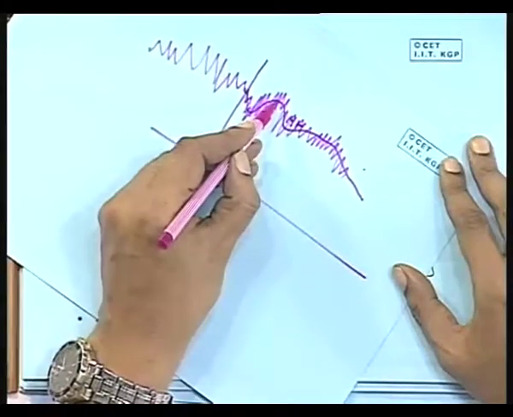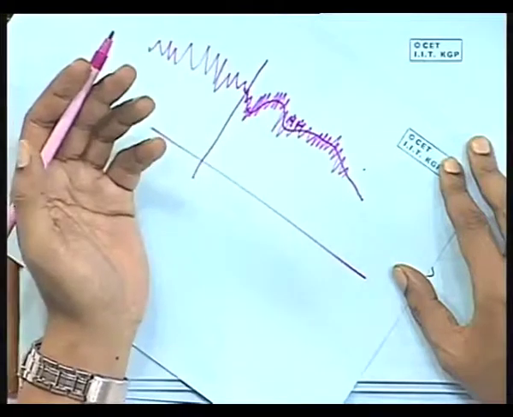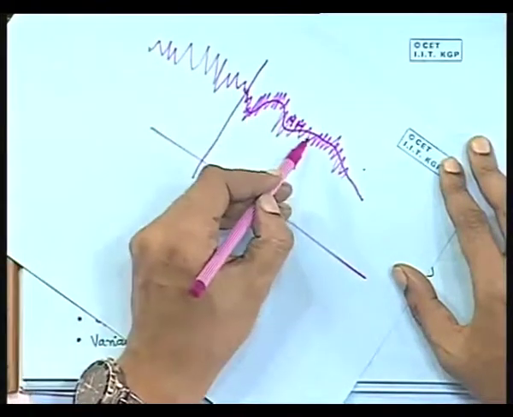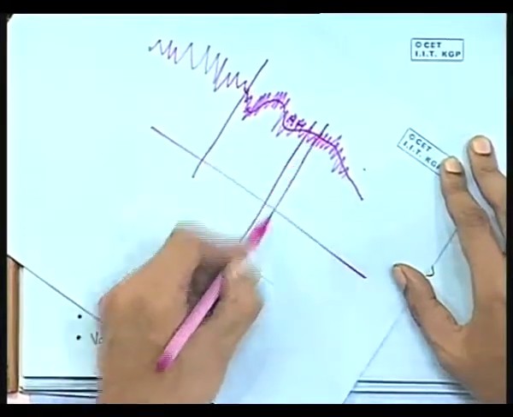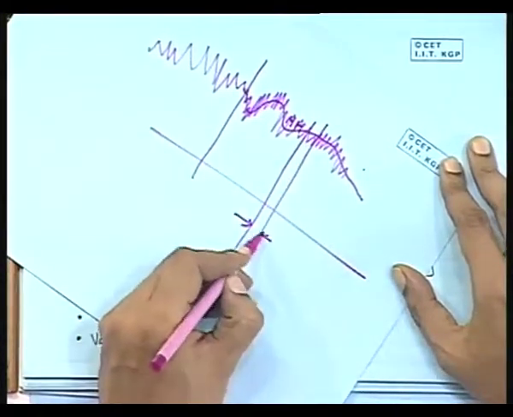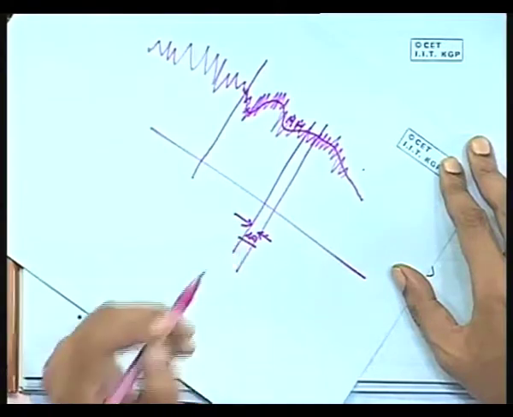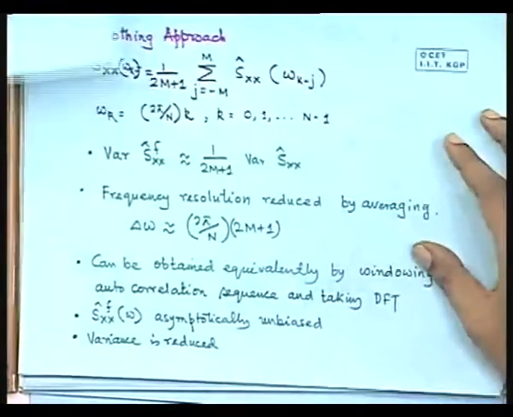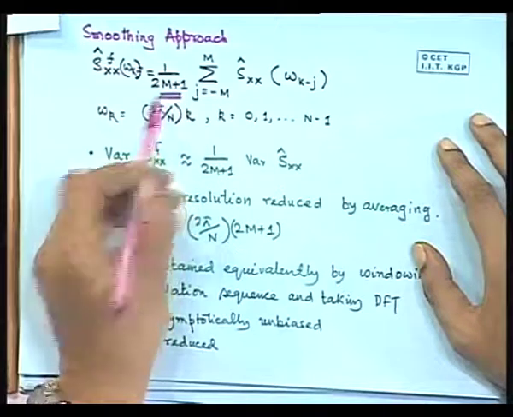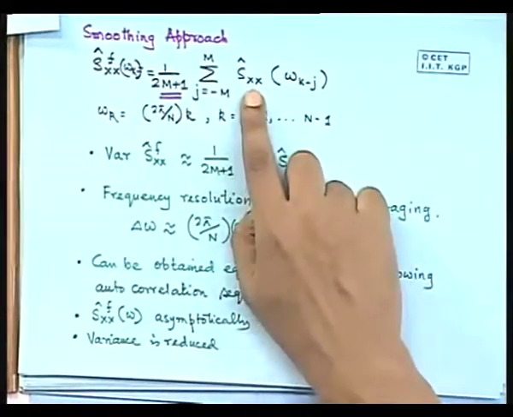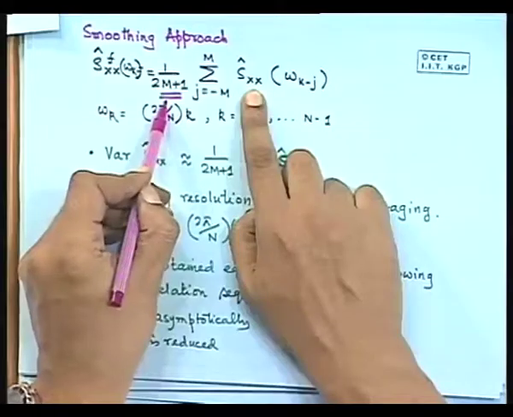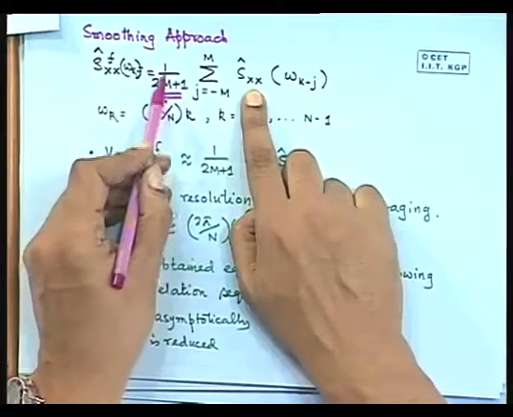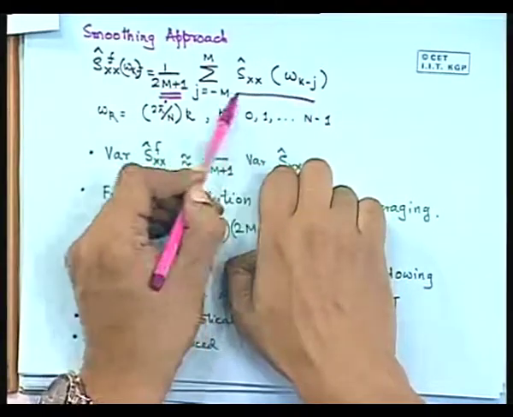So the variance will decrease. But what will happen is that your frequency resolution, now what you are doing is you are taking all samples of periodogram estimates over a frequency range delta omega and you are simply taking an average, that is this formula. So you are first calculating the periodogram estimate over all samples, then you are taking small bands of frequencies and you are calculating an average, simply 1 by 2m plus 1 summed up